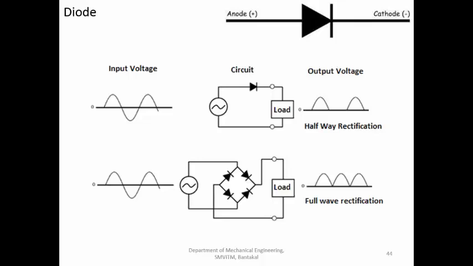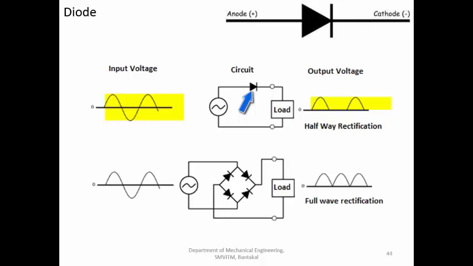If you are connecting the diode to alternating current, what will happen? So this is the diode, you have the load and this is the voltage profile of the alternating current. During the positive half cycle, the diode will be in the forward biased condition and you will have the output. And in the negative half of the cycle, the voltage will be in the reverse polarity. So the diode will be reverse biased and there will not be any voltage output. Again, in the next half of the cycle, you will have the voltage. So only half of the input you are giving, you are going to get at the output. The other half is removed. So we call it half wave rectification.